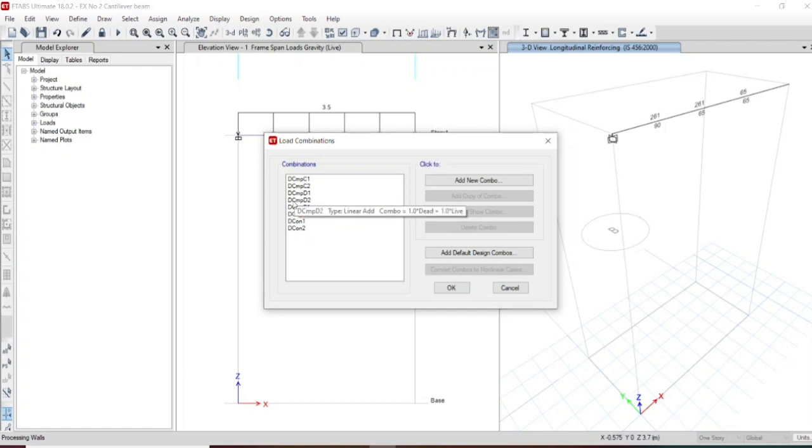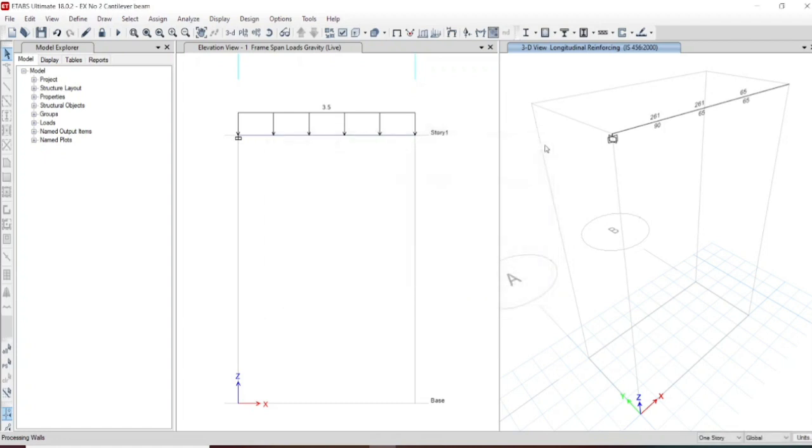Fourth case is dead load plus live load, and the fifth case will be 1.4 times the dead load, and the next is 1.2 times the dead load and 1.6 times the live load. So these are the load combinations which are given here, and for this combination the structure is being designed.